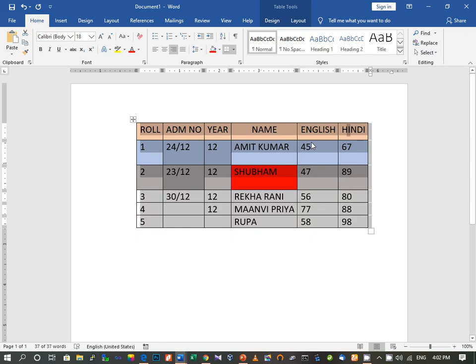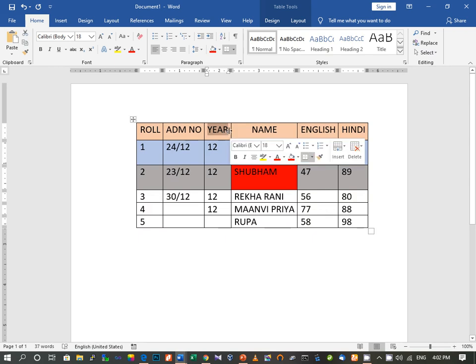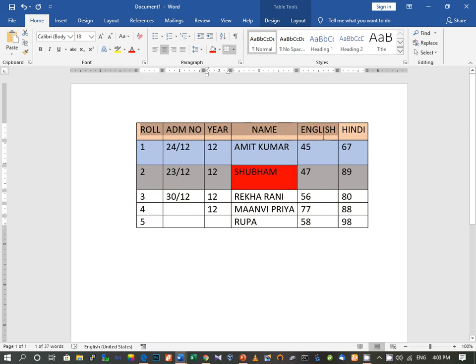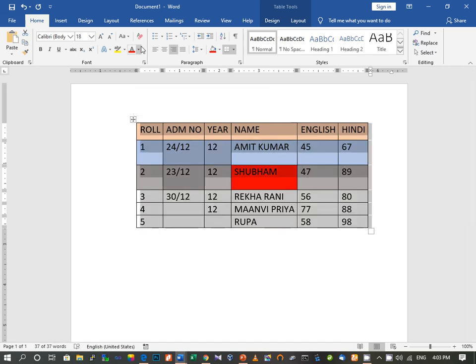Then next, how to do alignment of text. Suppose here these are the text. First you will have to select the text, and then click on the type of alignment you want. If you want to make it left aligned, right aligned, or center aligned, you select from here. Normally we select the entire row or column, and choose, suppose, center aligned, or left aligned, whichever way you want. You can do the alignment of text and table like this. If you want to align the entire table, click on this table move handle, then your entire table will be selected, and choose your desired alignment from here.